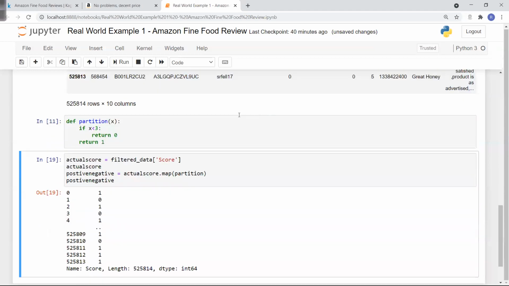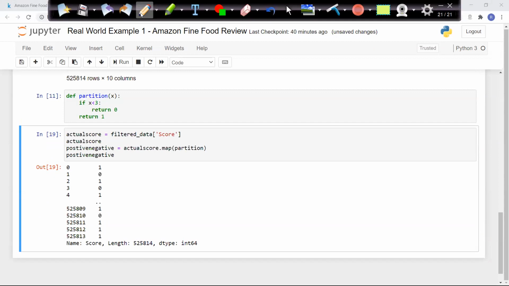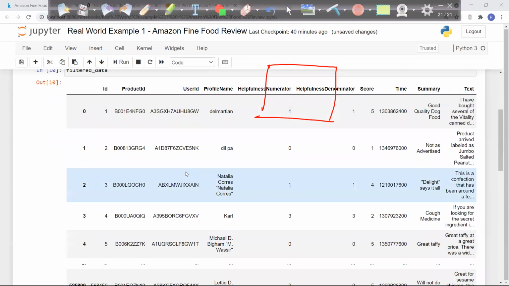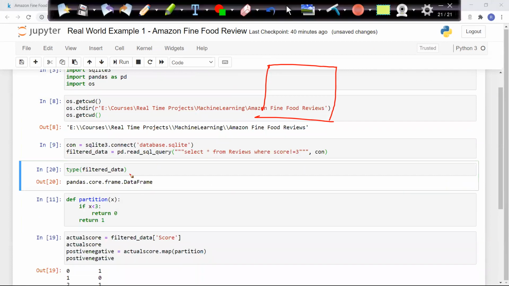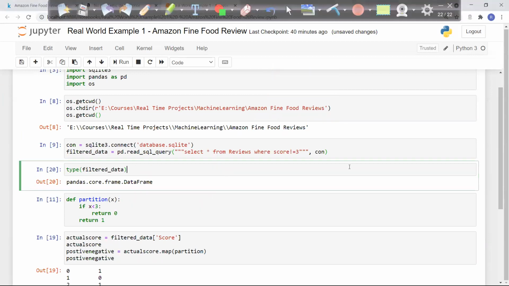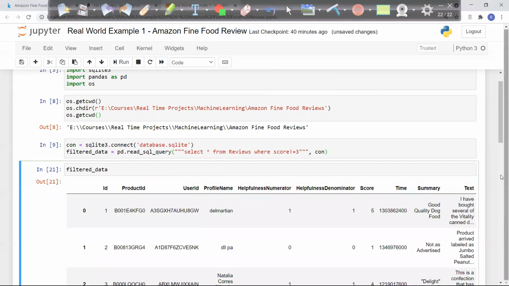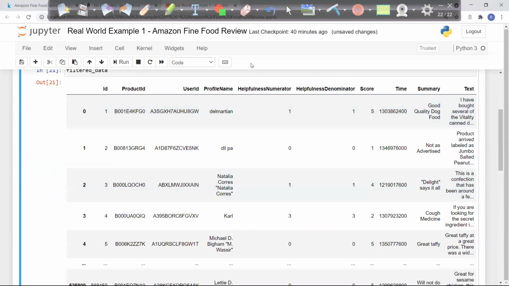You can see here. So basically what we have done till now is, from the data frame, the table which we have created, this table is known as a data frame. Any structured format data is considered a data frame in Python. So it's basically a table in Python. Now what I did is, from this data frame, I took this score column.